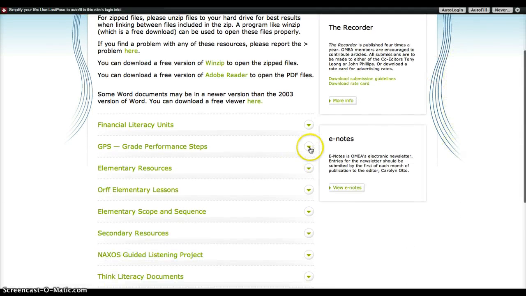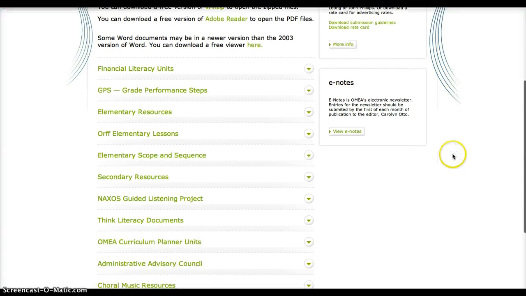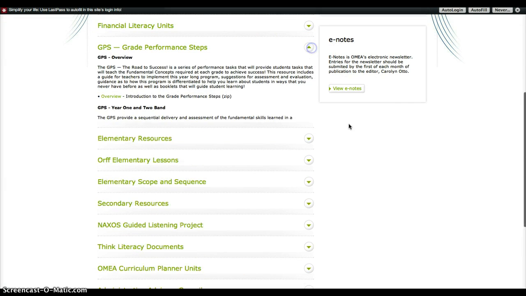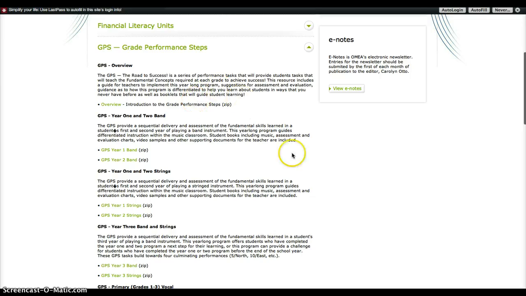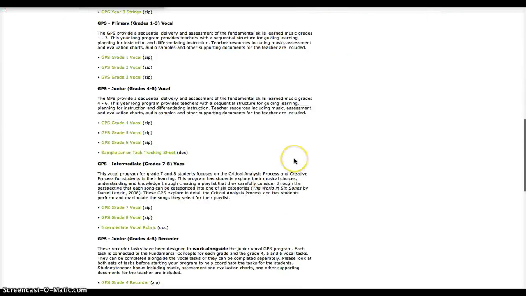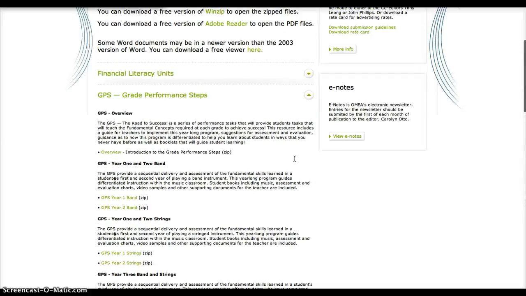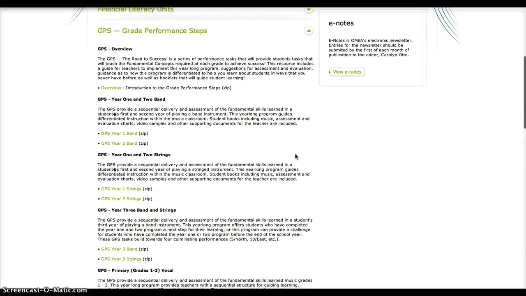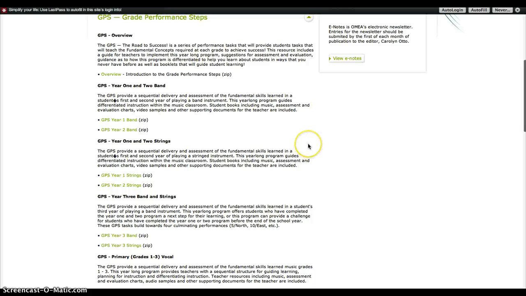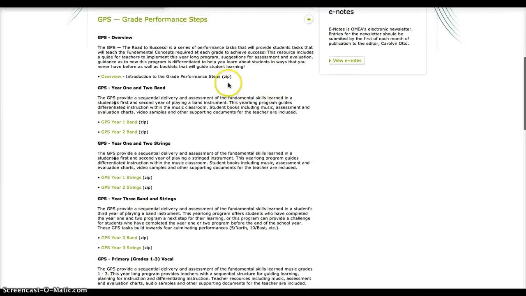And there, it's the second one, second sort of fan down. You'll click on that and you'll see the scope of this resource. I'll just scan through so you can see it. And I'm just going to explain to you what's here, and then I'm actually going to show you what specifically is within each file and really try to give you a sense of what the program is about and how